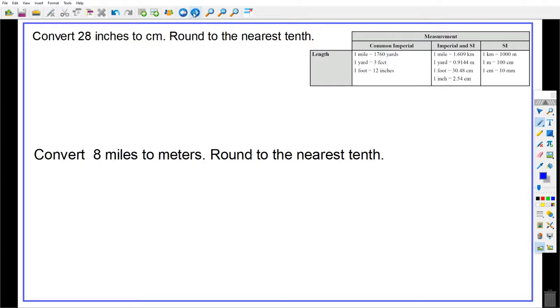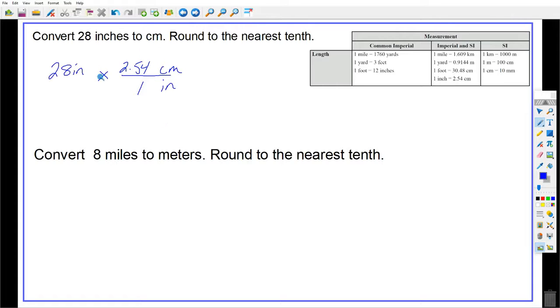All right, I'm going to try these two. You may want to pause your video and give it a go. All right, 28 inches to centimeters. See if we can go faster here. 28 inches, and I want to end up in centimeters. And I know there's a conversion over here that tells me inches to centimeters. So inches,